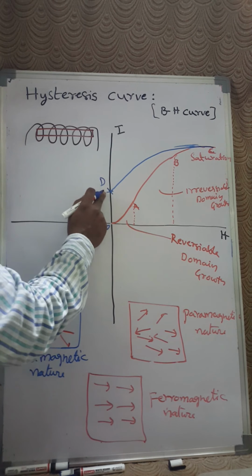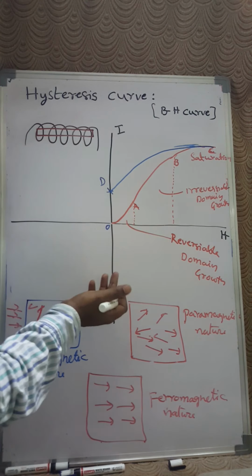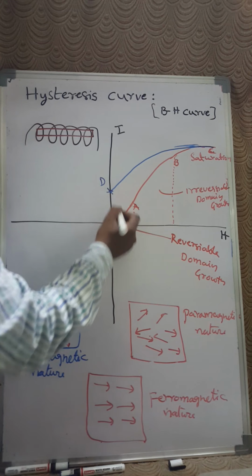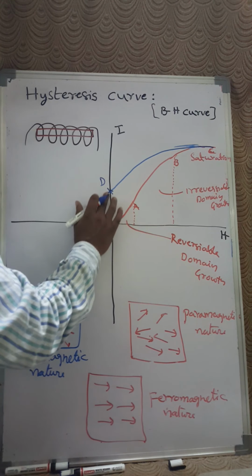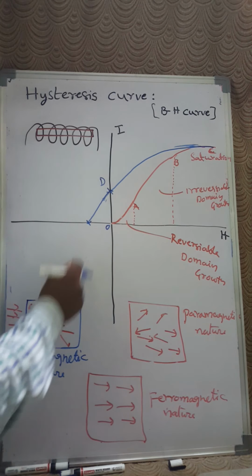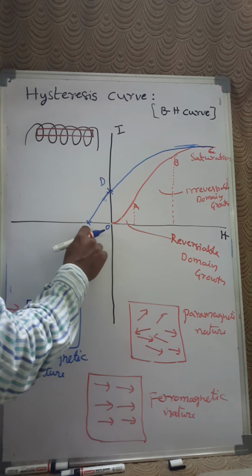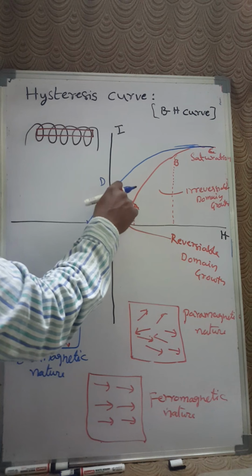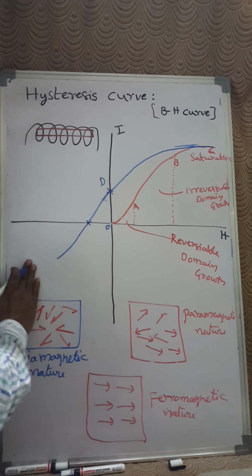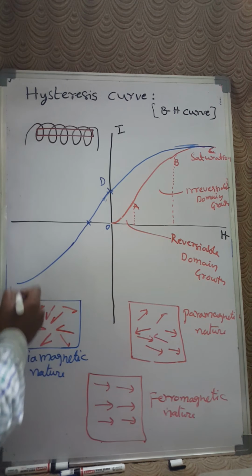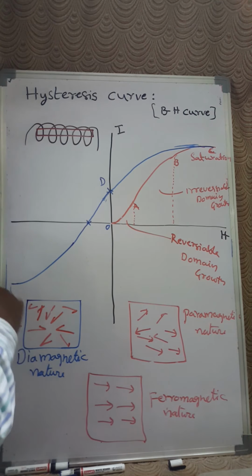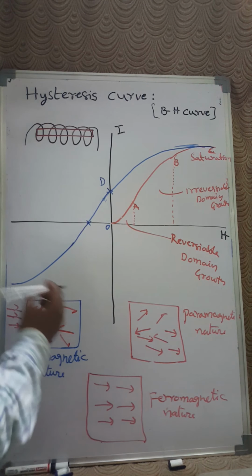This is nothing but retaining magnetic properties after removing the magnetic field. Right? Now, in order to reduce this, we have to apply a negative magnetic field. At a particular point the material gets demagnetized. That point we call coercivity. The field which is required to vanish the magnetic nature in a material is nothing but coercivity. With further increase in the magnetic field, it also goes to the reverse saturation. Right? Once it reaches the reverse saturation, if we further reduce the magnetic field, it will follow the same path.